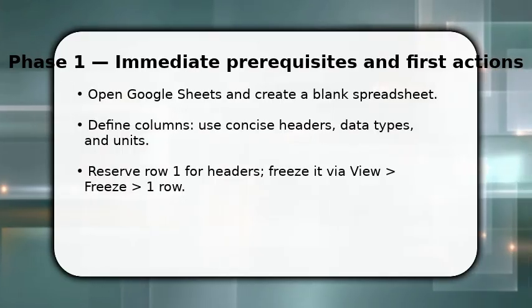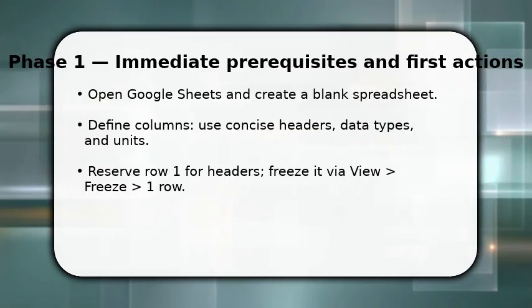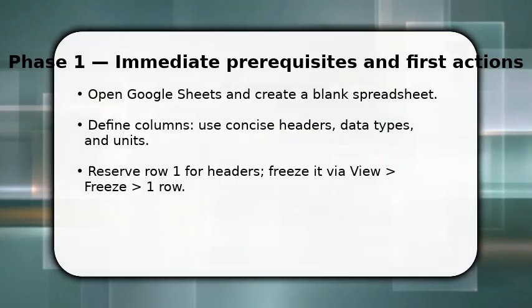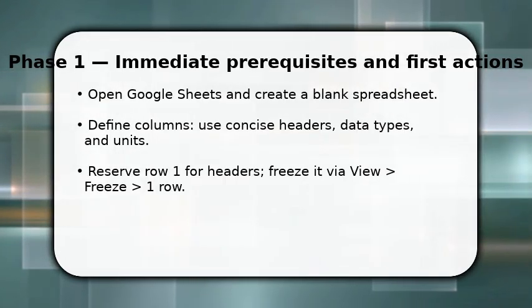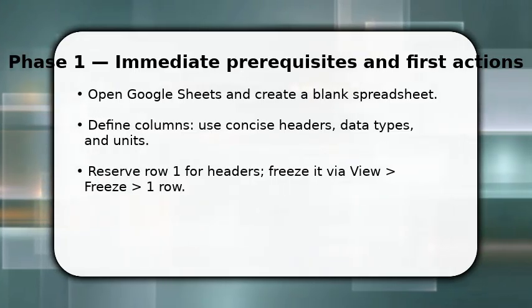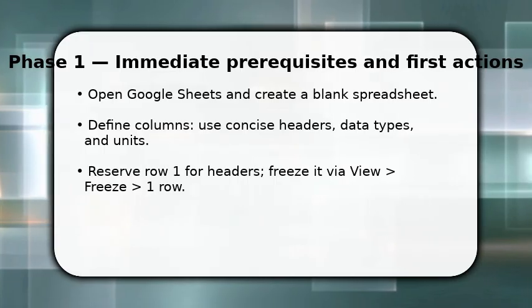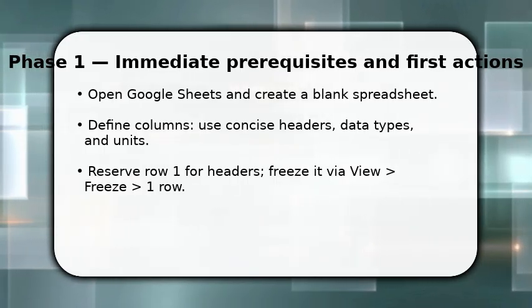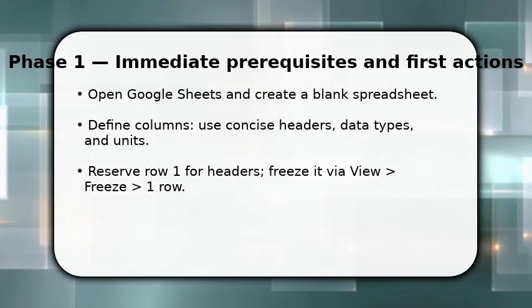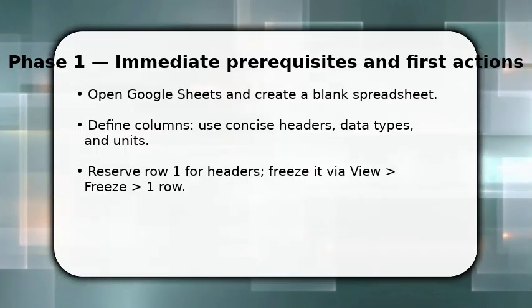You begin by opening Google Sheets and creating a blank file. Name it so you can find it later. Next, plan columns. Label headers with exact data types, units, or formats like date, dollar amounts, or percent. This prevents cleanup later. Once done, enter headers in row 1 and freeze that row so headers stay visible when